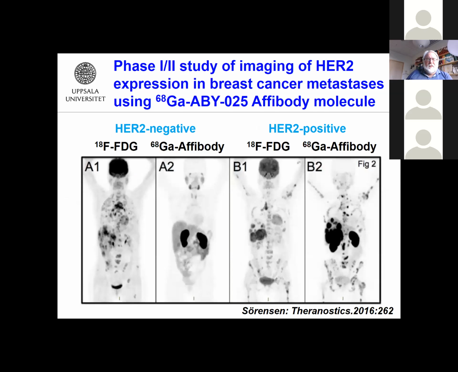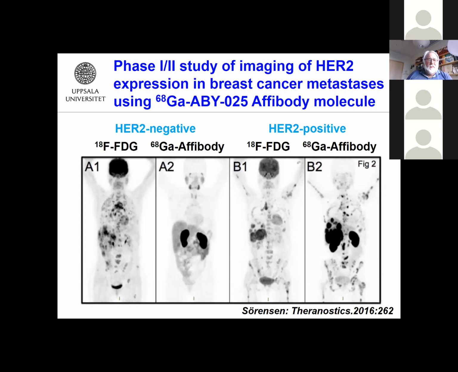The next step was development of imaging probe for PET. Positron emission tomography is an advantageous technique, superior, providing better quantification, better spatial resolution, better temporal resolution. And we have shown that Affibody molecules can visualize HER2 positive tumors